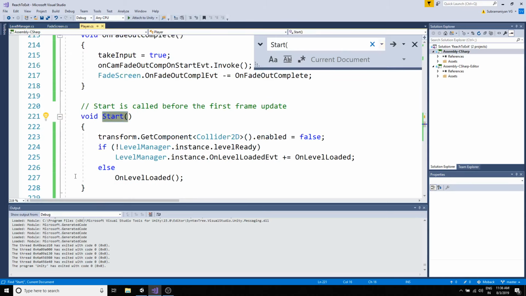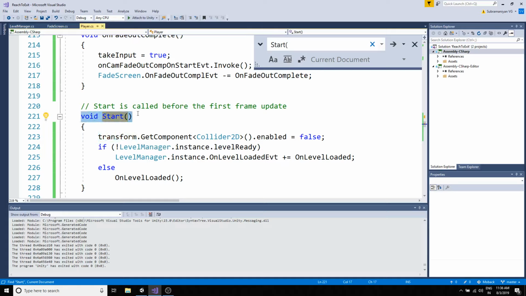This is our start method, and here what I am, okay, one second, wait. Okay, now I will start. So here in this start method what I do is, oh shit, wait guys, I think it's set now. Okay,